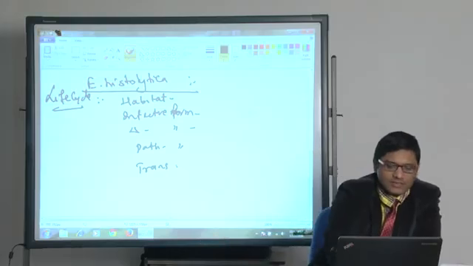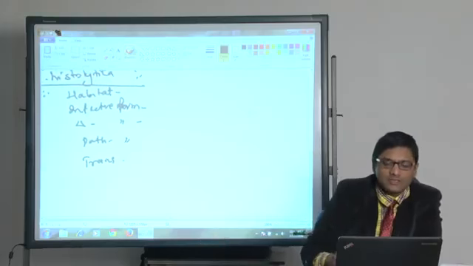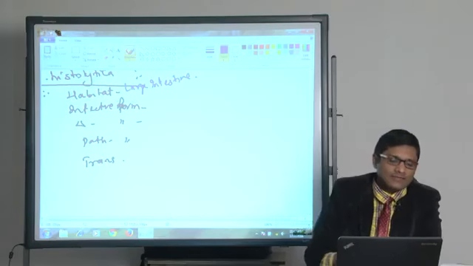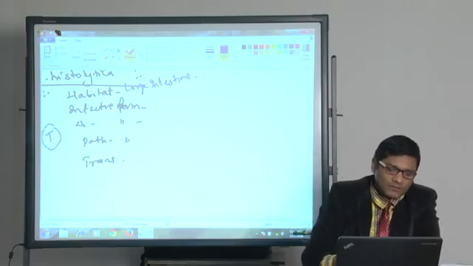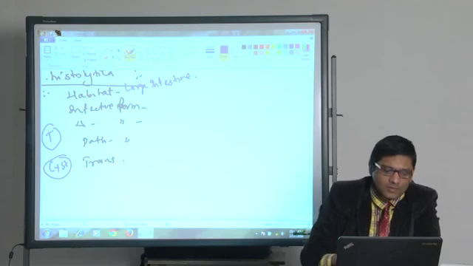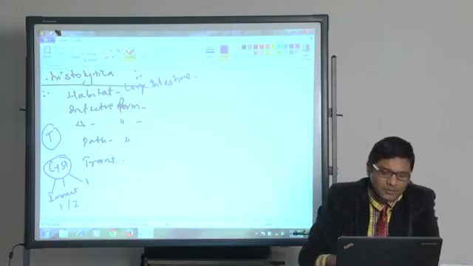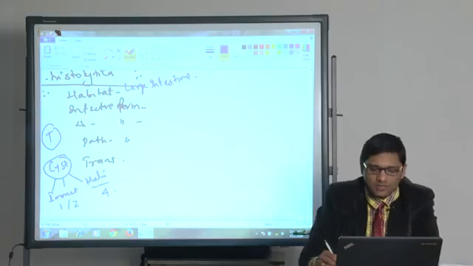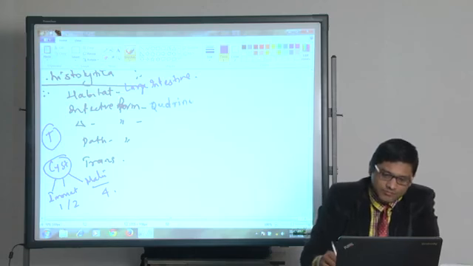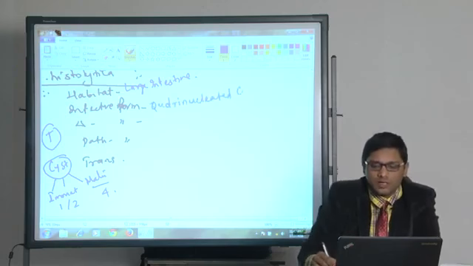As far as Entamoeba histolytica is concerned, you know that it is a large intestinal parasite. The habitat is large intestine, and it has two forms. Two forms are there, trophozoite and cyst. Infective form is what? Cyst also will have immature cyst, that is immature cyst will have 1 or 2 nucleus, mature cyst will have 4 nucleus. So, which is the infective form? Yes, quadrinucleated cyst. The quadrinucleated cyst,